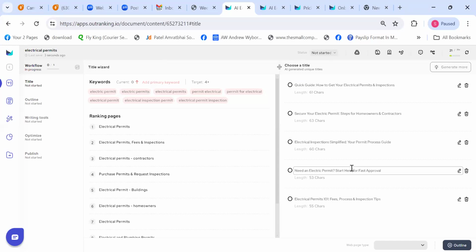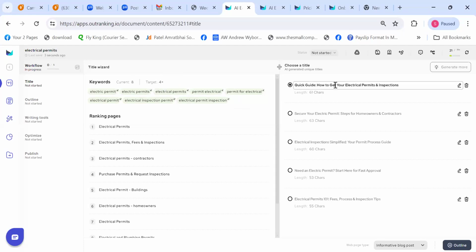So these are not rewritten. These are not copy-pasted. These are absolutely newly written titles, which meet the search intent of the content you're trying to write. These are the keywords that you need to target in your title. Select the one that makes sense to you, and you will see how many keywords you are targeting. So the requirement is for minimum, and you are targeting 8 keywords. So you are targeting almost every keyword here, and that's great.